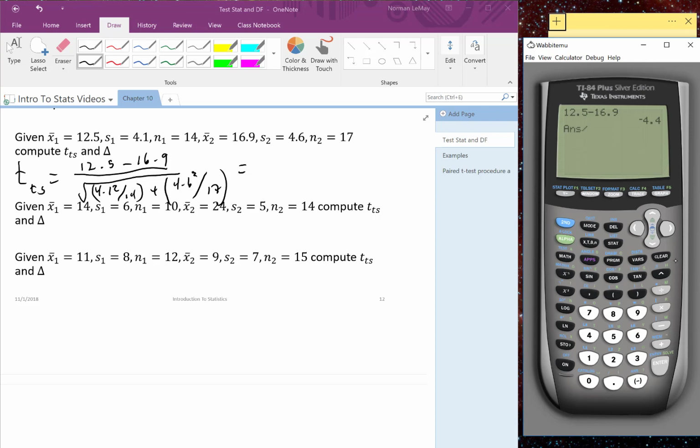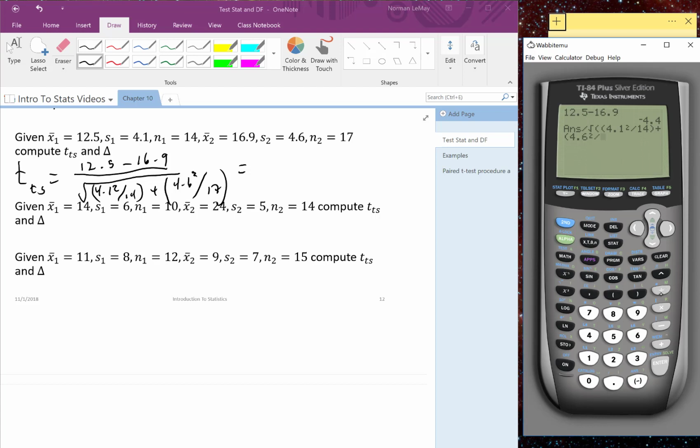And now we go divided by, and then we have to get this square root. So we go second, square root. Notice I get a square root and an open bracket. So let's make sure we provide another open bracket for the first term, so 4.1 squared divided by 14. And then close that bracket, plus open bracket, 4.6 squared